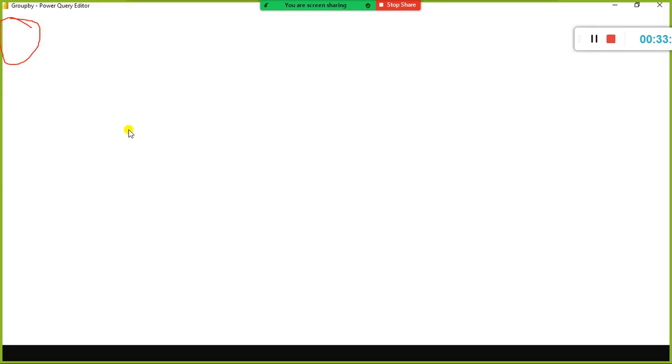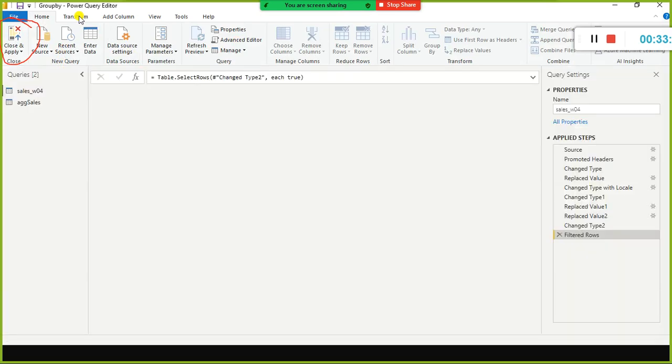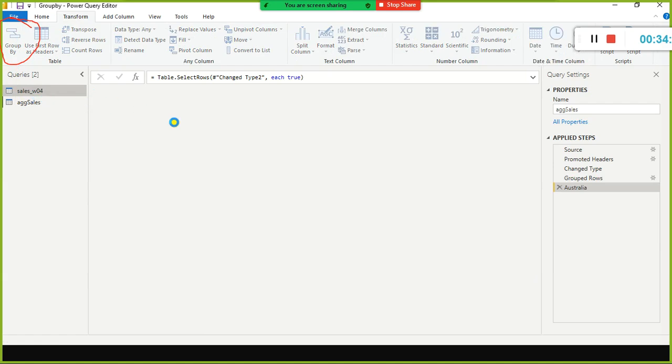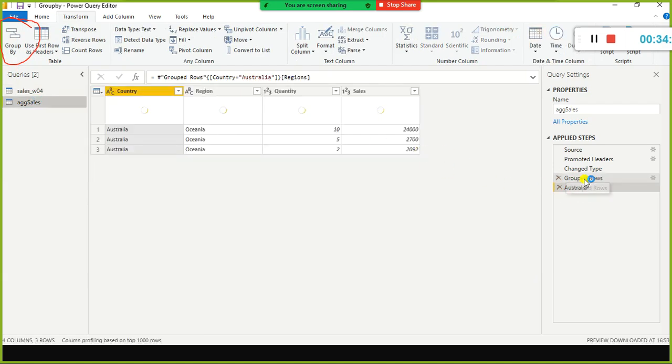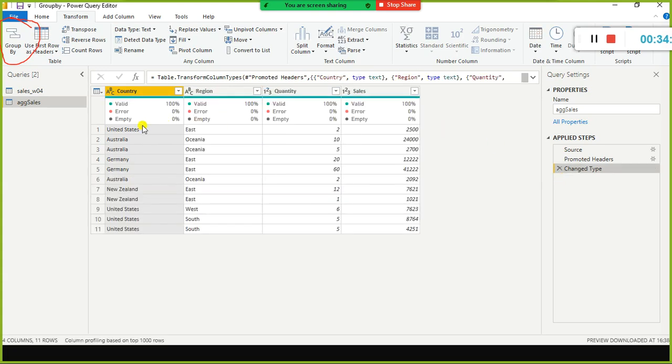If you go to transform data, query editor, and click the transform ribbon, look here. In the case of aggregation of sales, we did the aggregation, and this is the group by. For example, I just remove these steps, so when I remove those changes I get back to my original data. Then I redo the same thing again.